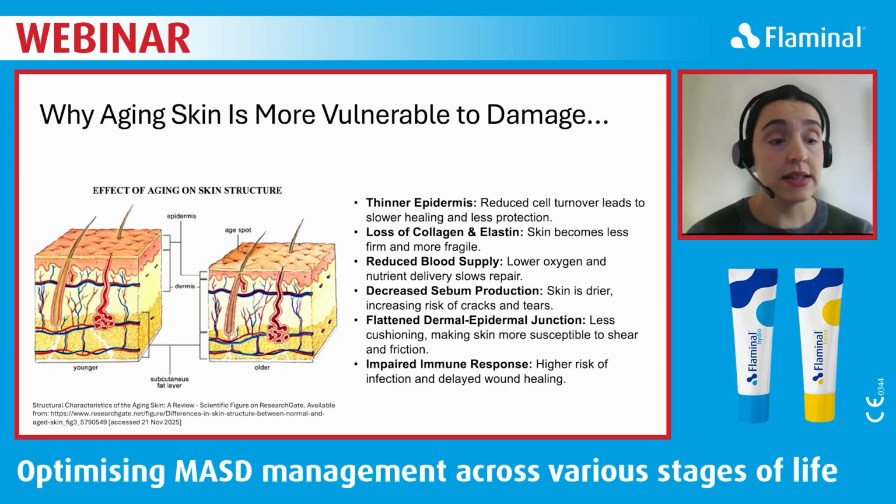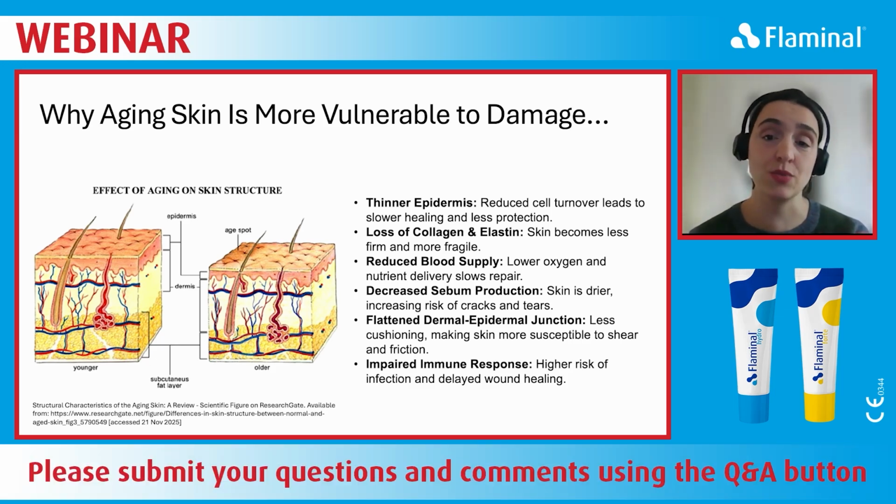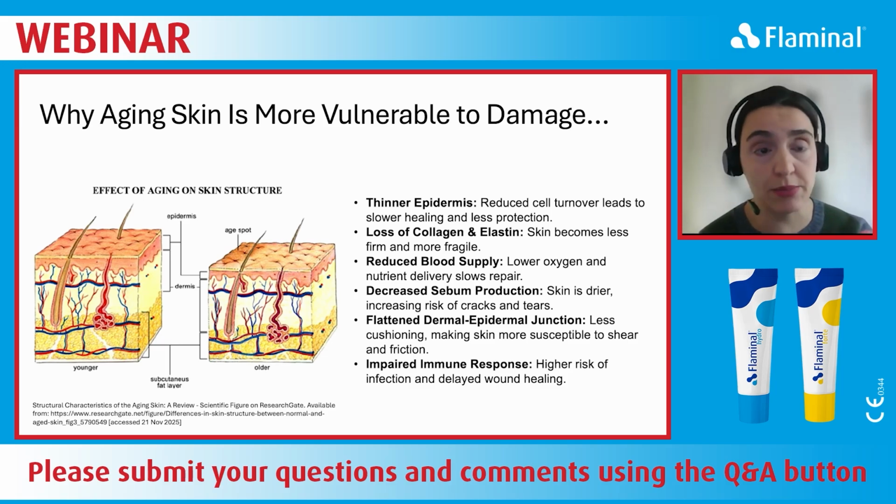And then last, there's a flattened dermal epidermal junction. So it means there's less cushioning. The junction between the dermis and the epidermis flattens with age, and this reduces the mechanical support. So this makes skin more vulnerable to shear and friction forces, especially in areas like skin folds or bony